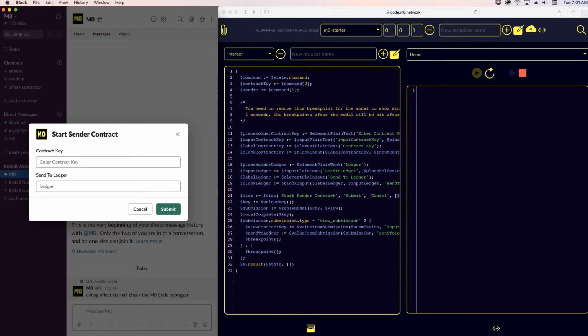And we can see that it displays the modal that it's constructing here. Here on the code side, it's constructing the modal, and the code is now sitting right here. It's waiting for someone to either cancel or submit this, and then it'll hit one of these breakpoints depending on what they do. So I'll cancel it,